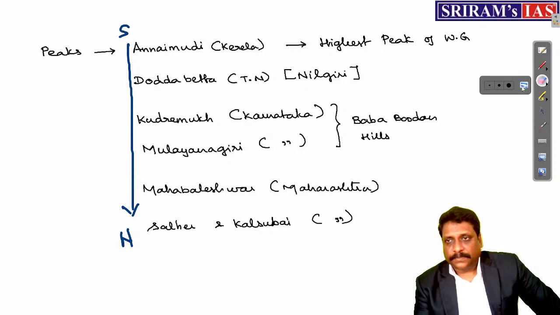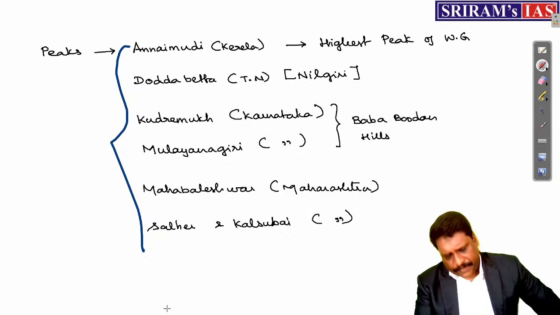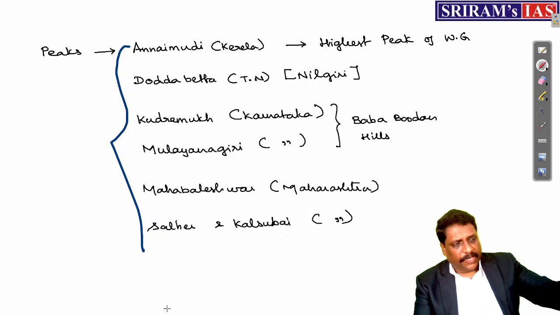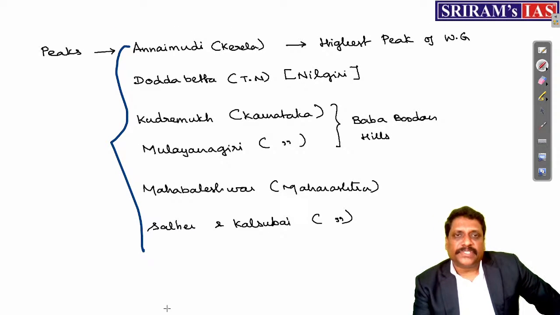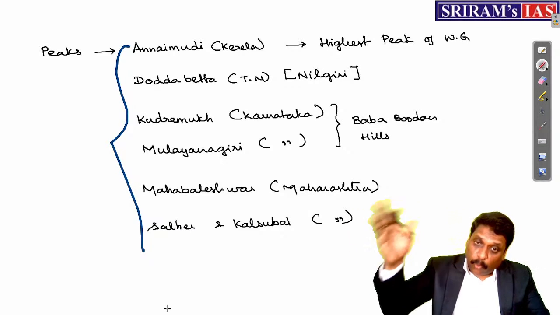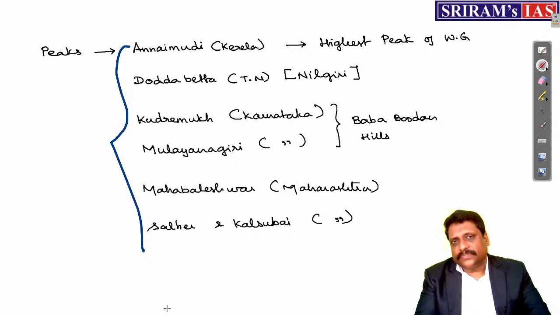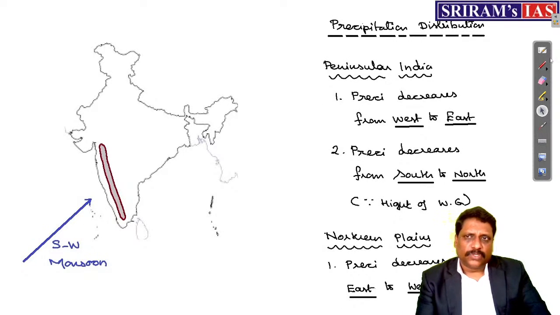Now coming here, right. When I talk about all these peaks, as I said, when you arrange them from south to north, the height of these peaks decreases, giving you a signal that the height of the mountain also decreases. Now, why is this fact very important? I'll tell you. Because normally, when I talk about the southwest monsoon, the Western Ghats act as one perfect orographic barrier.